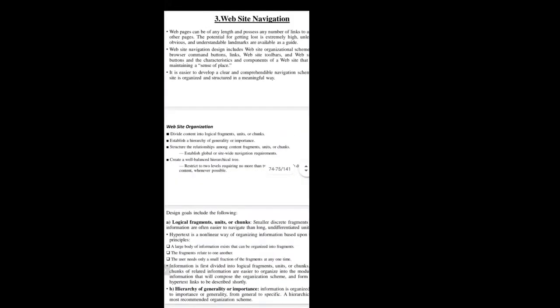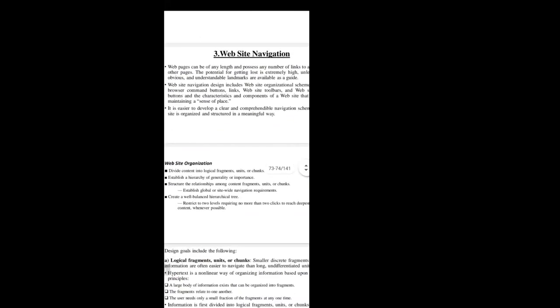The way to do this organization is to divide content into logical fragments, that is subdivision units or chunks, establish a hierarchy, structure the relationships among those divisions, and create a well balanced hierarchical tree. So there are 4 points we will be discussing in website organization.